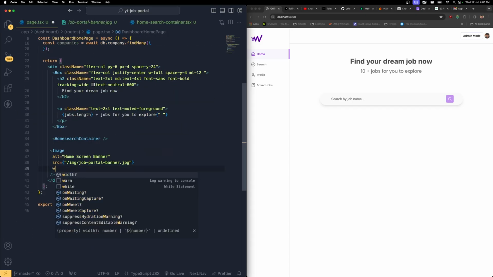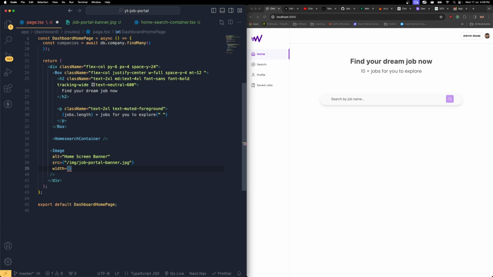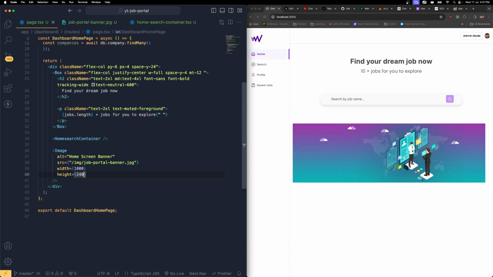Then width, of course, let's say 100%. Okay, so it is not accepting 100. Then let me keep it as 1000. Height, let me keep it as 240 for the time being. Yep, now it's displaying that,